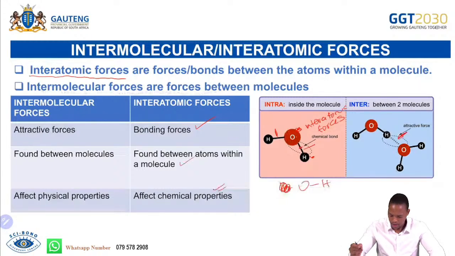So we find them between the molecules, and they affect the physical properties. These are the ones that are going to be affecting the boiling point, the melting point, the viscosity, and also the vapor pressure. But these ones are not going to be affecting the chemical make of the compound, because even if I